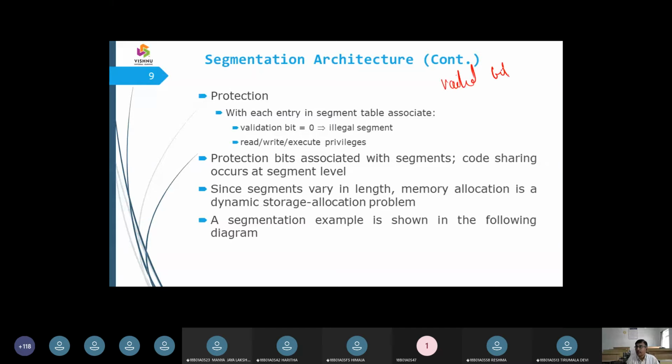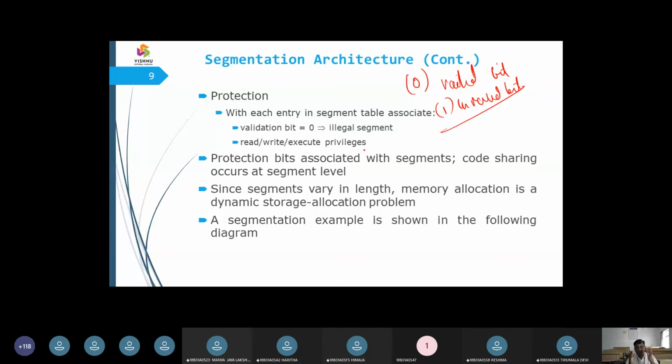So we have a valid bit and an invalid bit. For this we can use a representation of a 0 bit, which indicates a valid bit, and otherwise we call it an invalid bit.